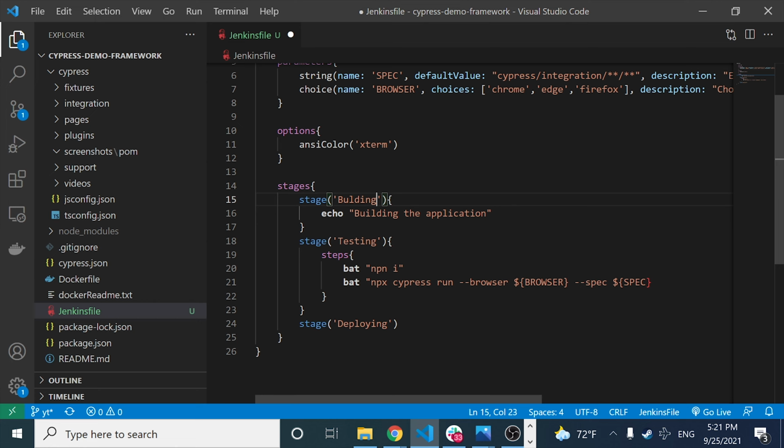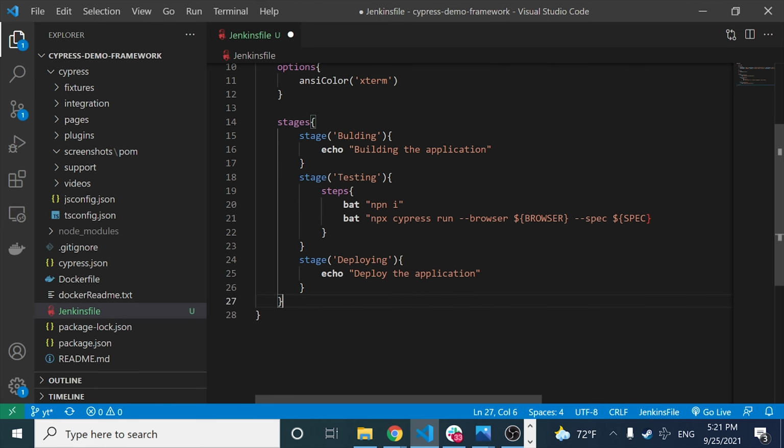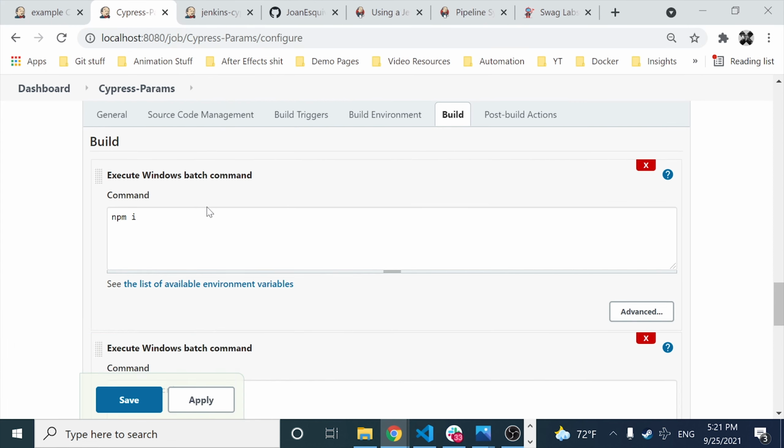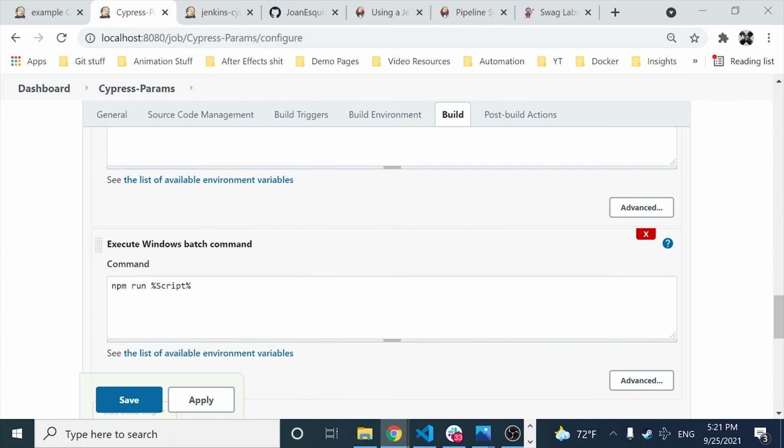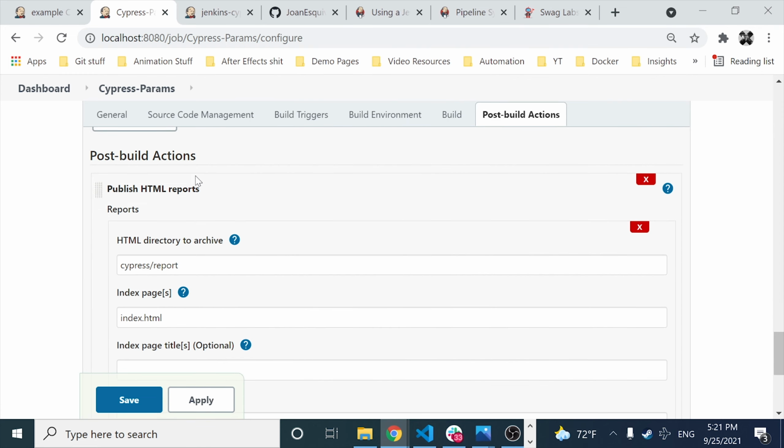And the deploy stage, well, in this case, I just have to make an echo, because I don't have anything to deploy right now. So it's going to be deploy the update or the application, right? There it is. And then I also want to do the same stuff that we did in the freestyle project, which was to publish our HTML report. Okay,